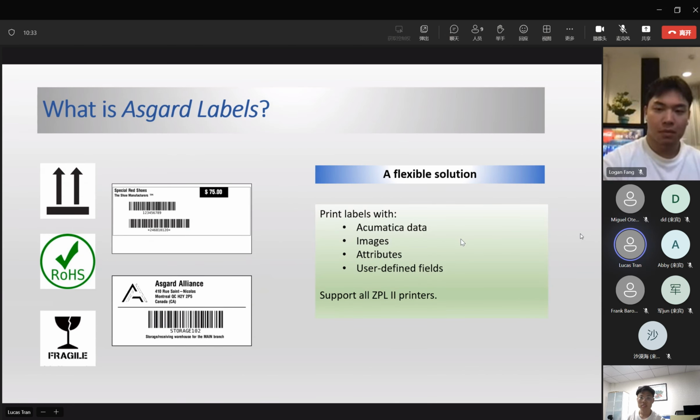We are a flexible solution. Like I mentioned, we print labels with Acumatica data, but on top of that, we can add images, attributes, and even user-defined fields to the labels themselves. And we support all ZPL